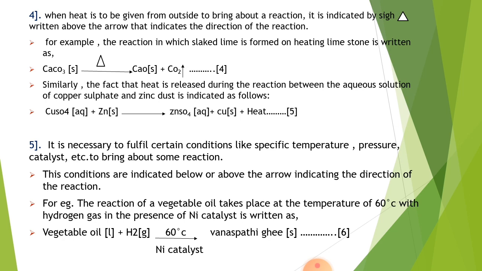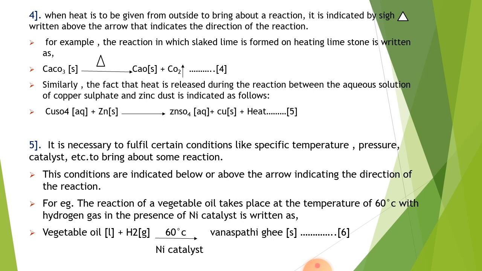When the arrow points in an upward direction, it is in gaseous state. Okay, so what we will get is calcium oxide plus CO2, that is carbon dioxide gas. Equation number 4. Similarly, the fact that heat is released during the reaction between the aqueous solution of copper sulfate